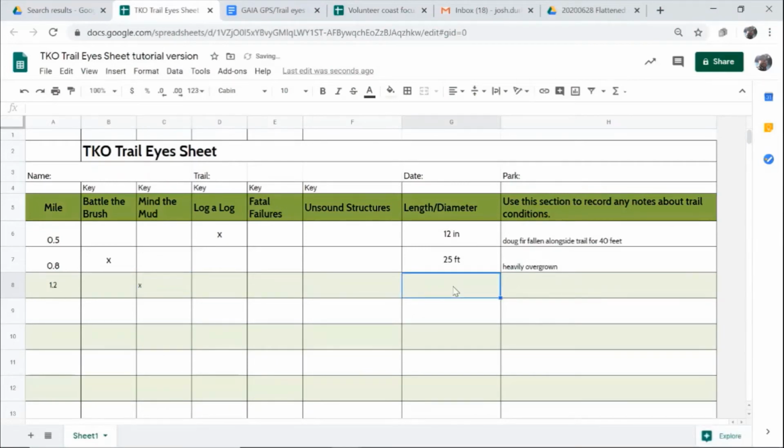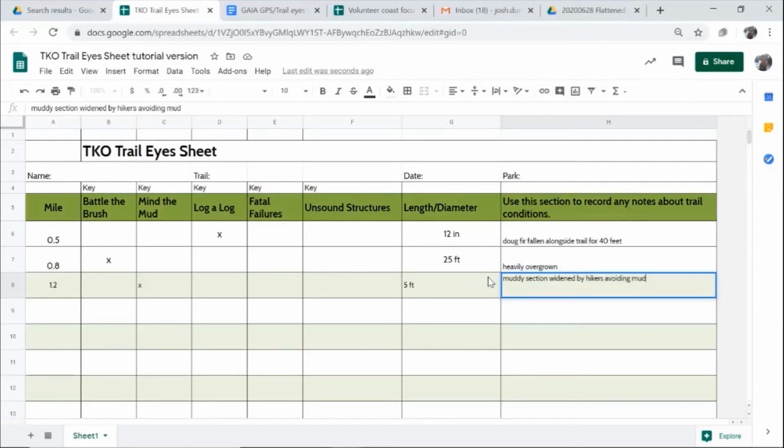We'll say it affected 5 feet of trail. And I'll call it a muddy section, widened by hikers avoiding mud. Pretty simple. The notes are optional, and this will just allow you an organized way to report the